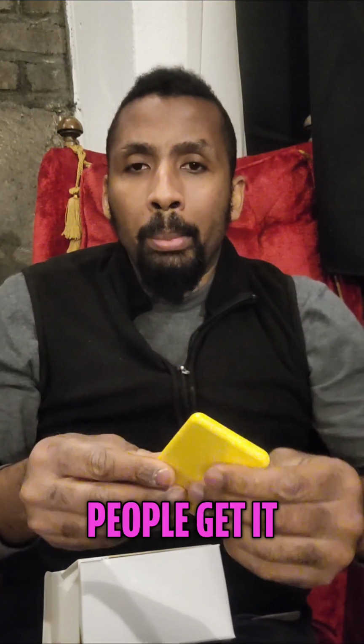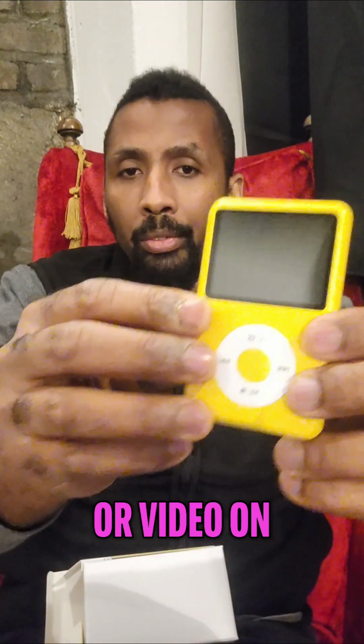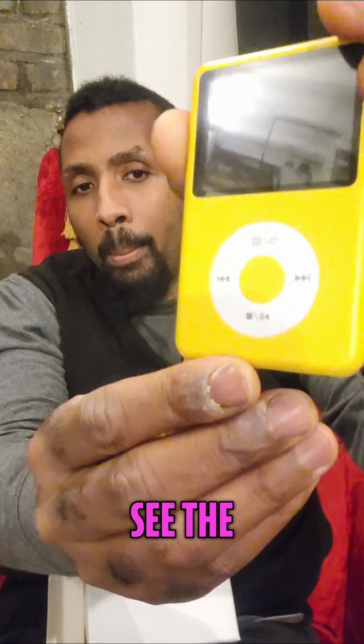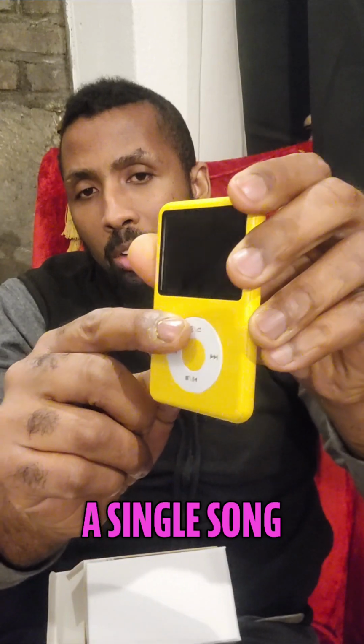Here's the screen size against my hand. A lot of people get it for MP4. I've never been one of those people. I don't prefer to watch any kind of movie or video on a screen this size. It's a personal preference. But here you see the buttons. They're the same as the iPod Classic: pause, play, rewind, forward, and then to loop a single song or to loop the whole album, you press on the,